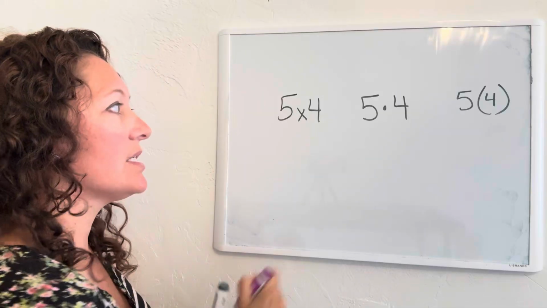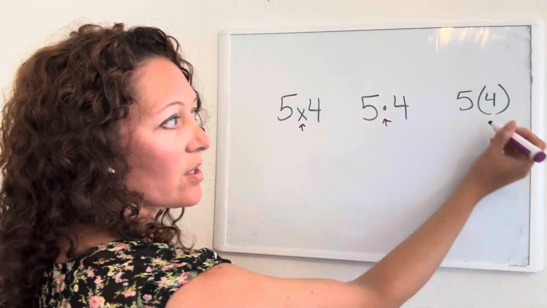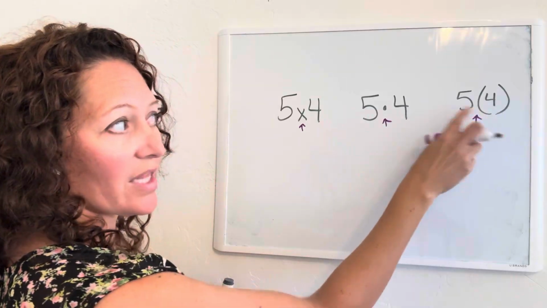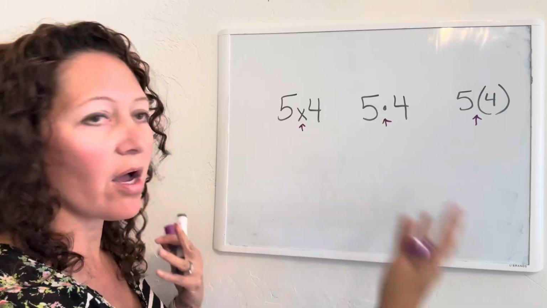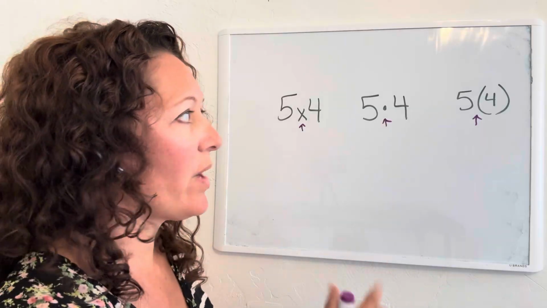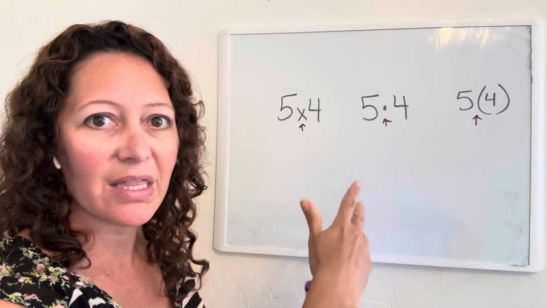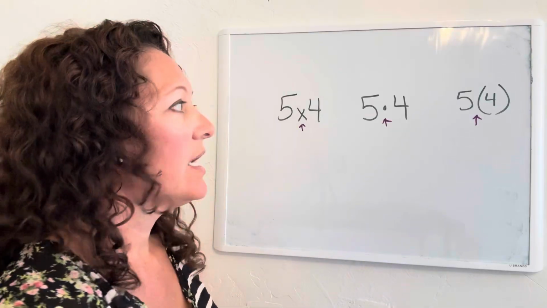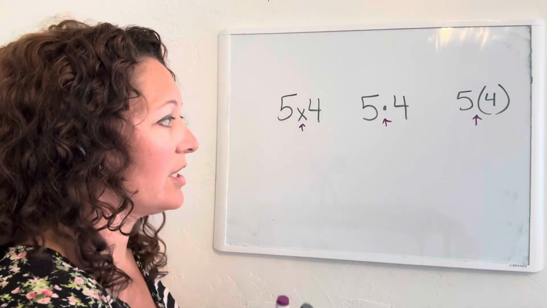So these 3 symbols, whether it's this multiplication sign, the little dot, or the fact that the parentheses are right there and the 2 numbers are next to each other, all of those things are multiplying. They all mean the same thing. So help remind them of that, because that's a good thing to make sure that they see that and they know what that is for some of the kids. And then also distributive property is a good thing to remind them on.